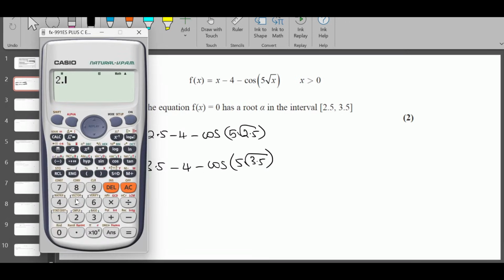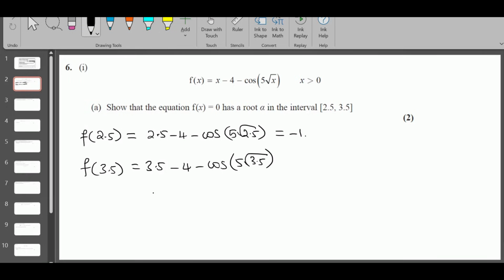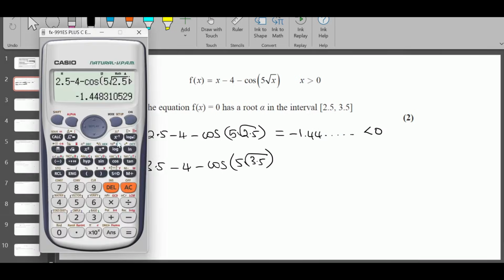So 2.5 minus 4, wait, let me put the calculator in radian mode first. Minus cos 5 root of 2.5, bring the cursor outside and close the bracket. That's minus 1.44 dot dot dot. It's a negative number, but sometimes for questions like this we might need the value in the later part, so I'm gonna store the value as a. Okay, and then for f of 3.5